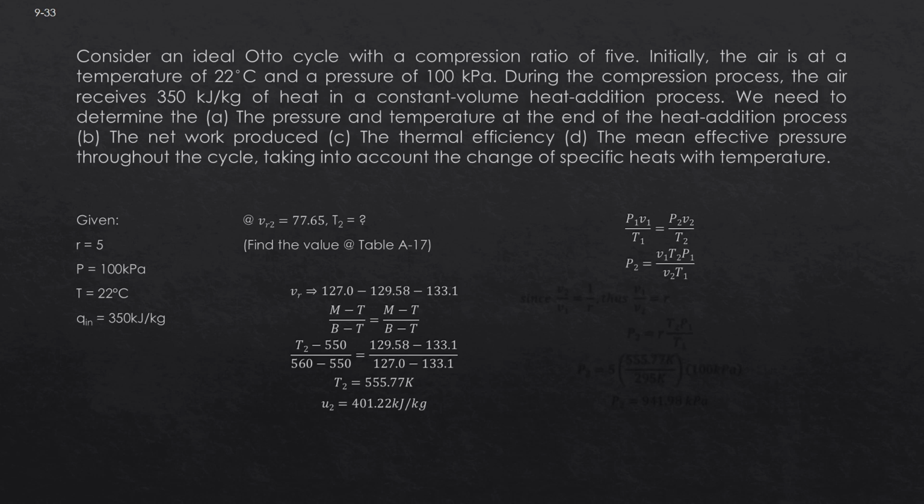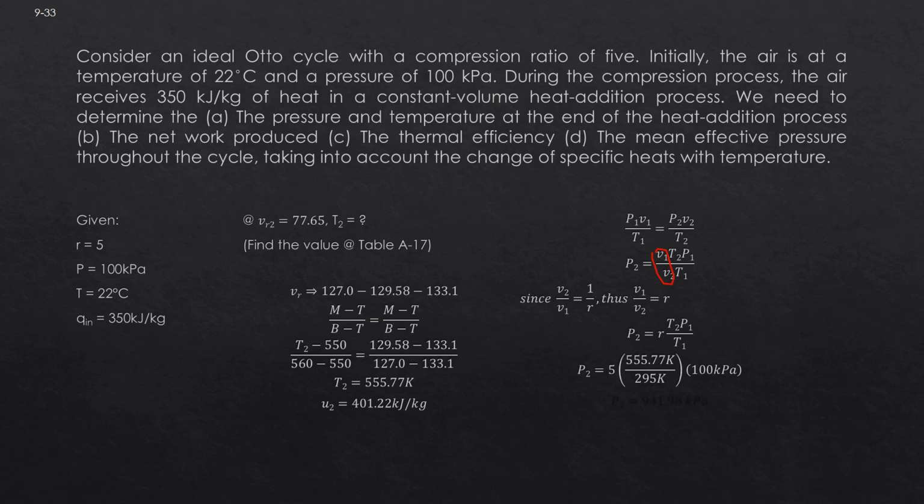P sub 2 equals V sub 1 times T sub 2 times P sub 1 over V sub 2 times T sub 1. And since V sub 2 over V sub 1 is equal to 1 over R, therefore V sub 1 over V sub 2 is equal to R. And we will get P sub 2 equals R times T sub 2 times P sub 1 over T sub 1. And plug in all the given values, we'll get P sub 2 equals the compression ratio, which is 5, times